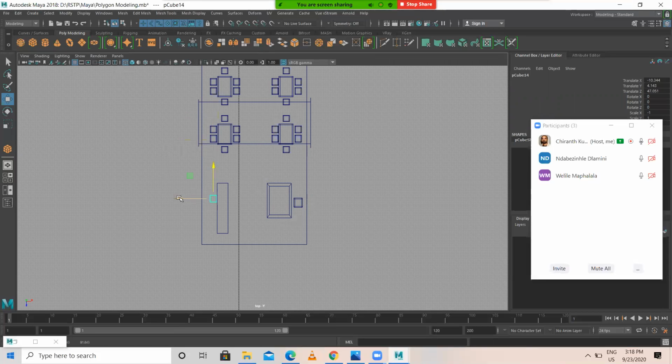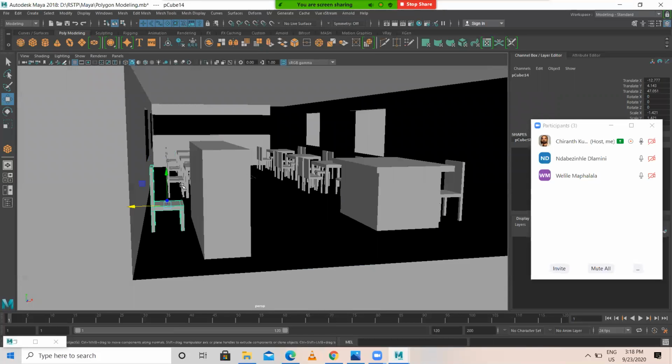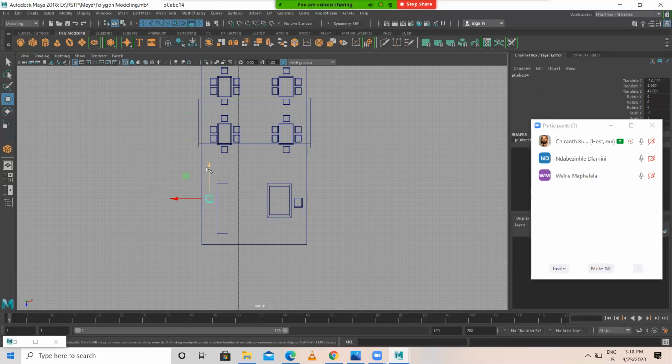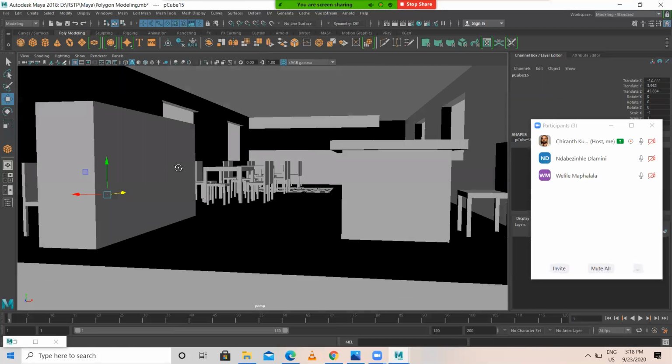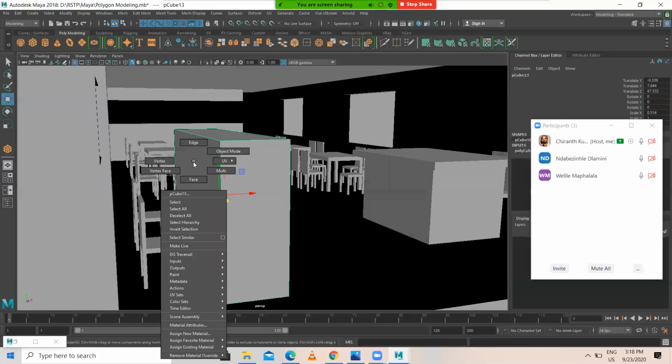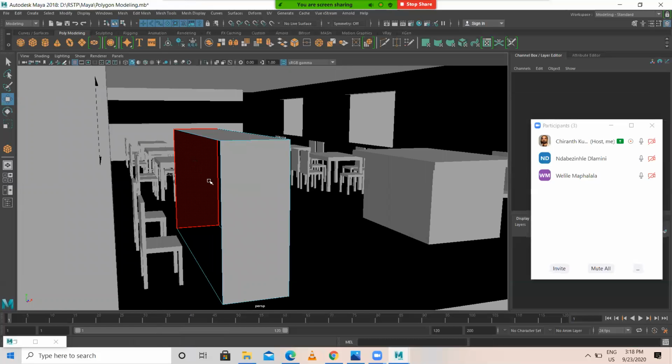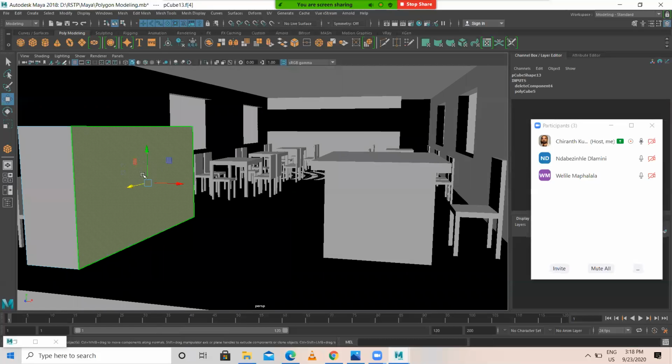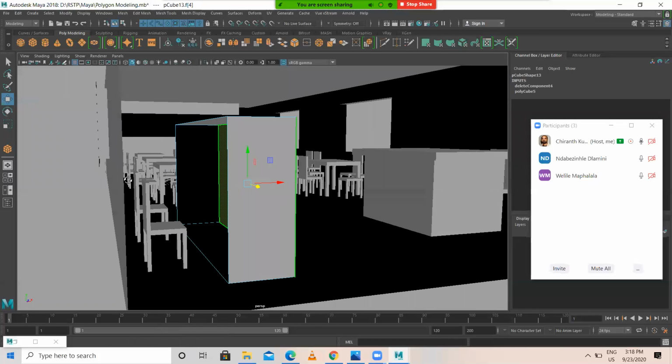I'm just placing this over here. Something like this. I delete this and I want to make this transparent. I will be applying a glass texture over here, so glass material that we will do later.